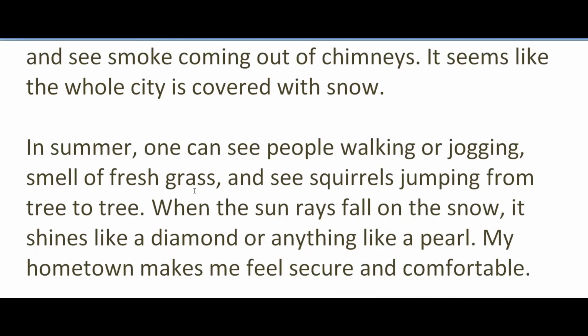Okay, in summer one can see people walking or jogging, then smell of fresh grass and see squirrels jumping from tree to tree. In the winter season people prefer staying indoors, but in summer they come out of their houses, they walk, they jog, then smell of fresh grass. I could literally smell that fresh grass. This should happen, your senses should be appealed to, then you will also feel that smell of fresh grass. And you can see squirrels, so you can imagine with your eyes the squirrels jumping from tree